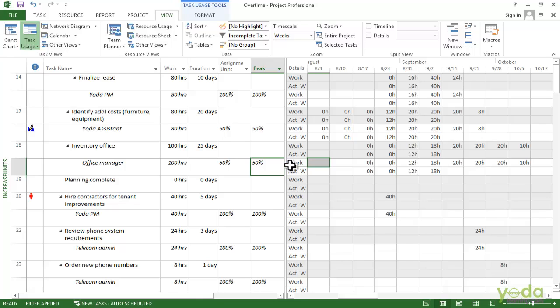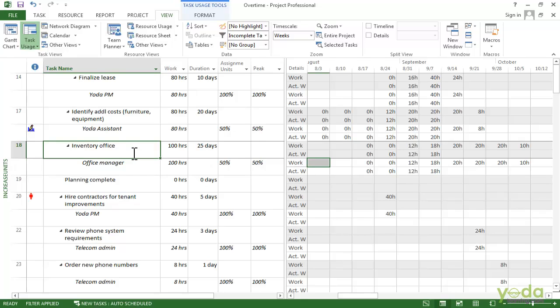To see how to assign longer hours, we are going to look at the inventory office task. The office manager is assigned at 50%. Well, let's say the inventory needs to get done sooner. So you ask the office manager to work longer hours and you want to increase the units to 75%.